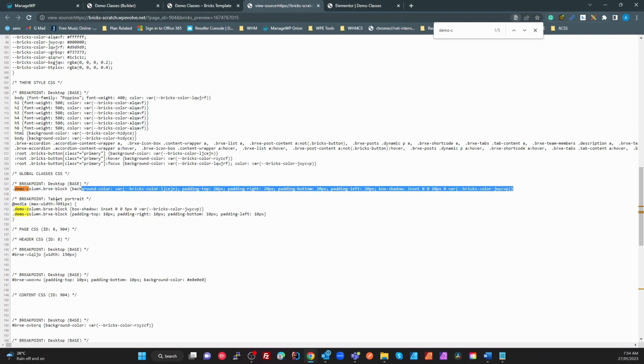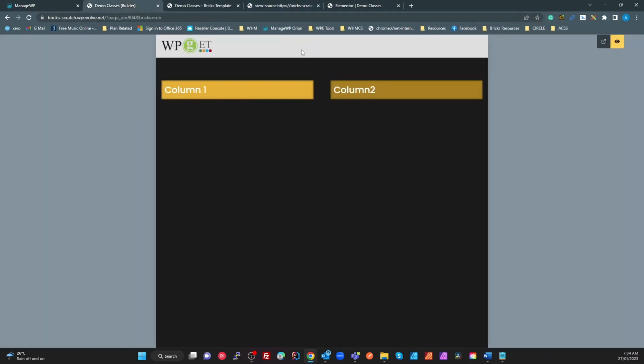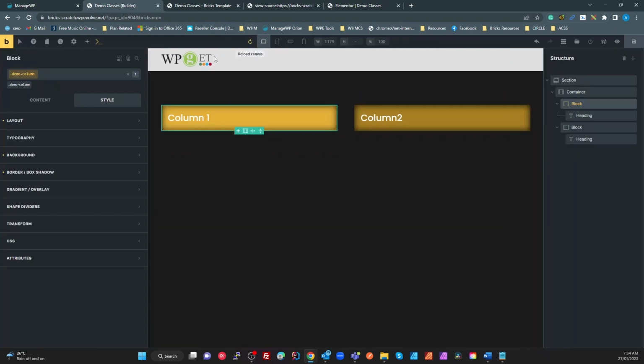All right. Media breakpoint of 991. Same class, changing the box shadow, changing the padding. So this CSS here has been created just by simply putting a class on there and then setting our settings. That is the class system. Right. One more thing I'm going to show you in here, and then we'll go over to the Elementor side,